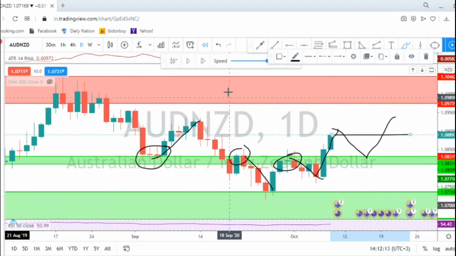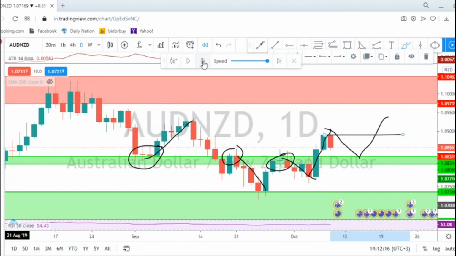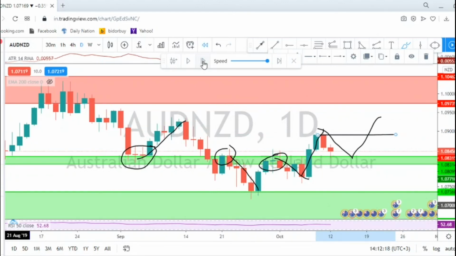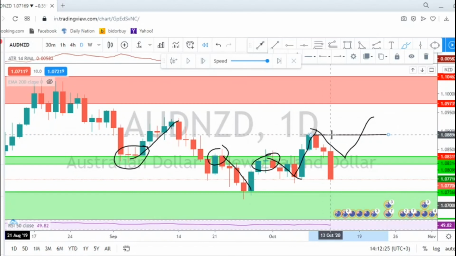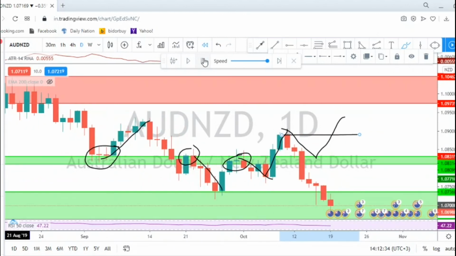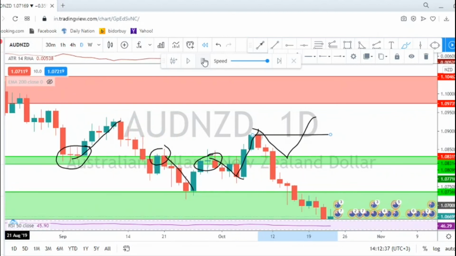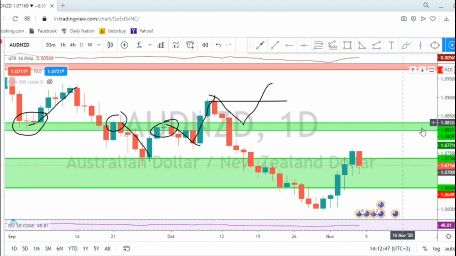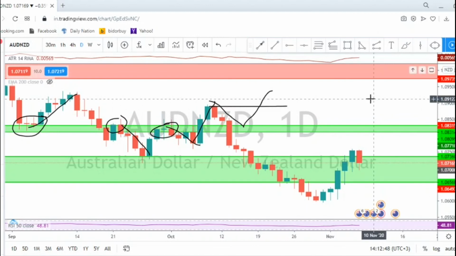But that did not happen. Let's see what happened. It indeed pulled back to this level of structure with this rejection here, which was awesome, and all of a sudden it got a bearish momentum, broke below this level of support, and since then this market has been in a downtrend. So this was the currency pair that did not agree with my